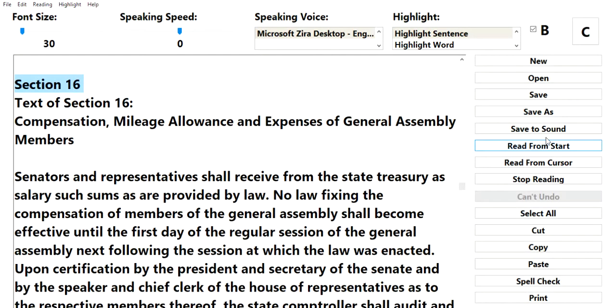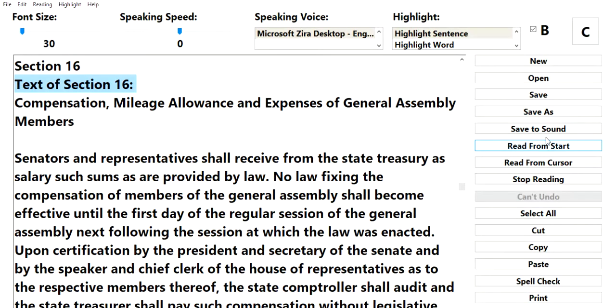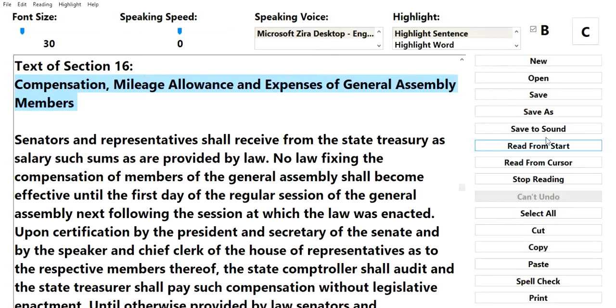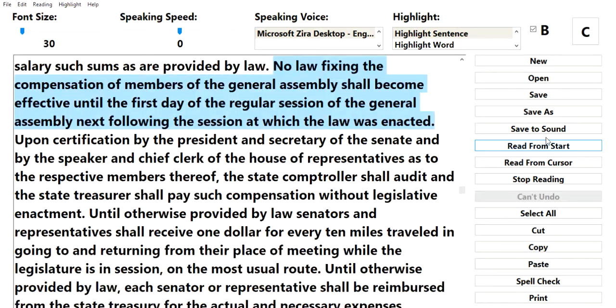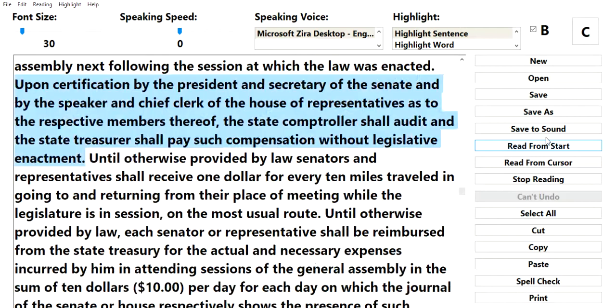Section 16. Text of Section 16. Compensation, mileage allowance, and expenses of General Assembly members. Senators and representatives shall receive from the state treasury as salary such sums as are provided by law. No law fixing the compensation of members of the General Assembly shall become effective until the first day of the regular session of the General Assembly next following the session at which the law was enacted. Upon certification by the President and Secretary of the Senate and by the Speaker and Chief Clerk of the House of Representatives as to the respective members thereof, the State Controller shall audit and the State Treasurer shall pay such